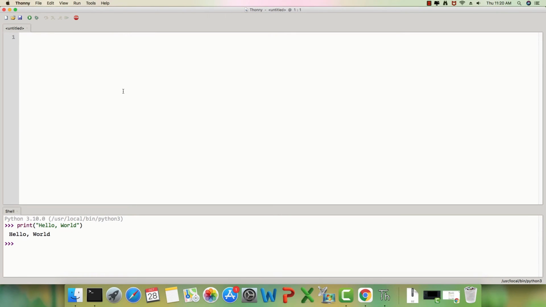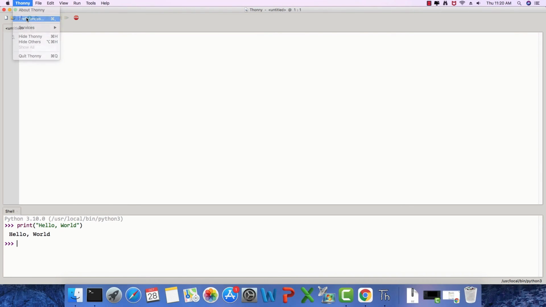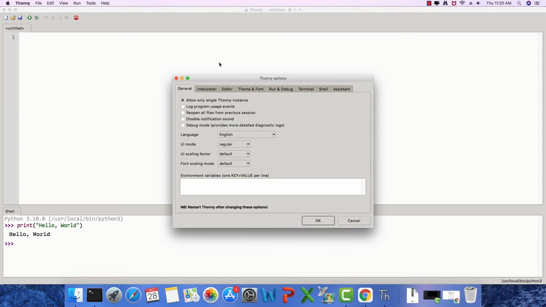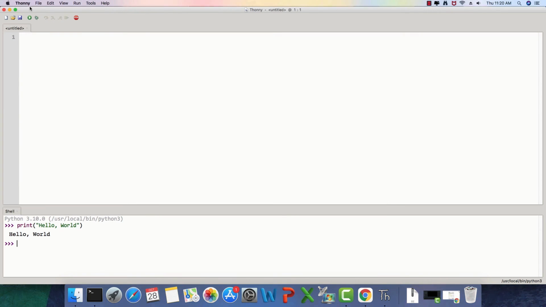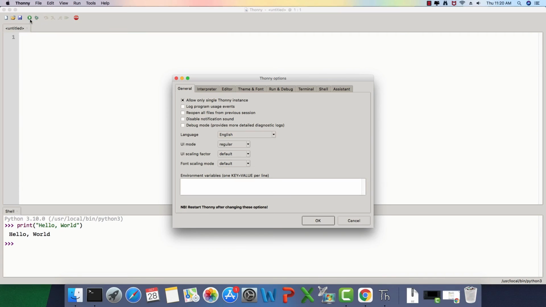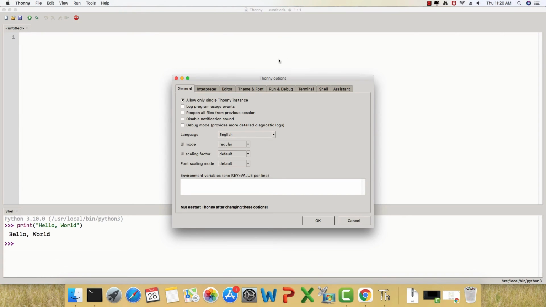Now the thing is that the character font is a little bit small. So I'm just going to go ahead and open the preferences. So let us go ahead and see where we can find preferences. Yes, so here we have the preferences. So I'm just going to click this window. Okay, so again let me repeat. So here you just have to click on Thonny and the second option is preferences. Also, I forgot to tell you that this Thonny Python editor is free software, so don't worry about it.